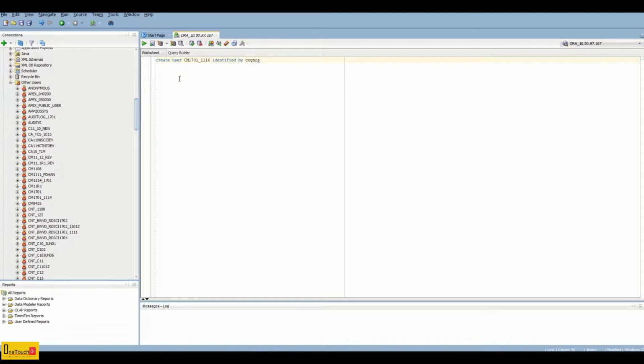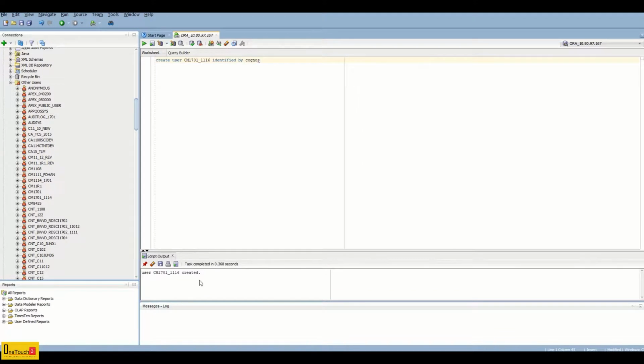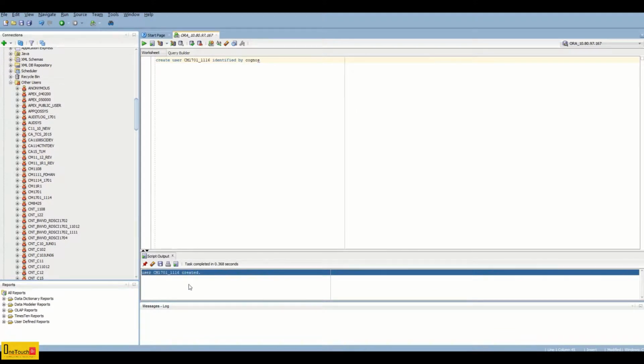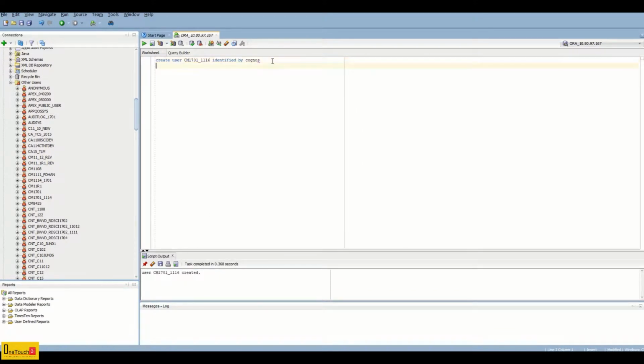Let's execute. It got executed. Now the second step is to grant the DBA privilege in order to perform any create, modify or delete operation in the table.